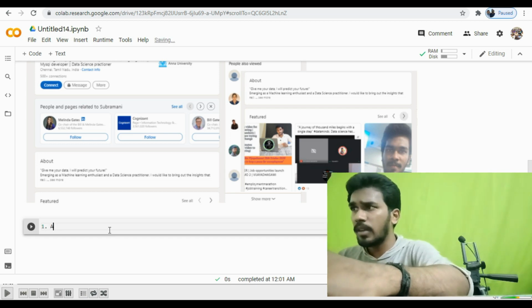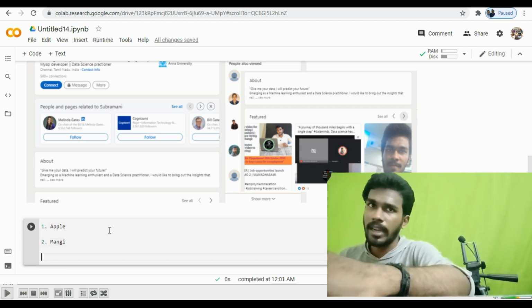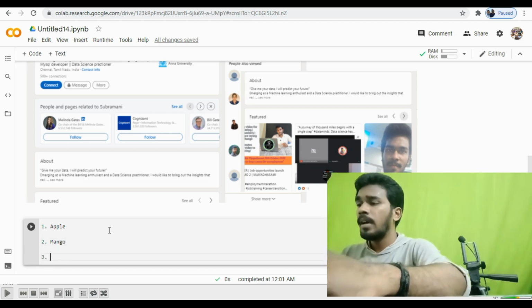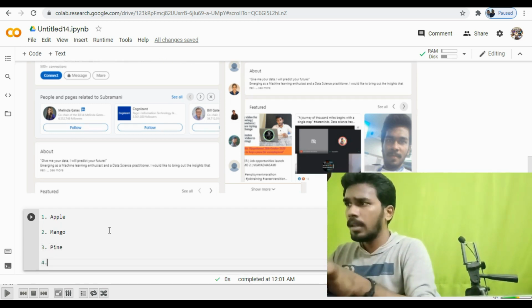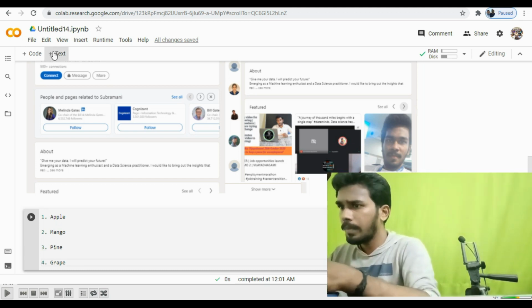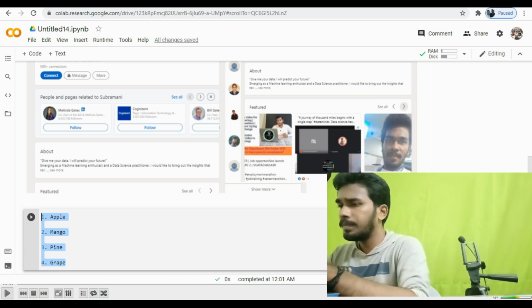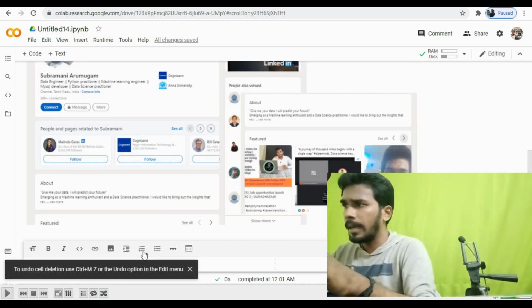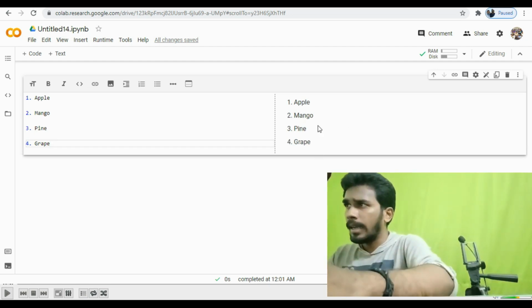After that you can click on this and again click on code, whatever code you want, you can write it. For example, if you have to create a list kind of activity, normally say point 1 is equal to apple, 2 is equal to mango, double enter, 3 is equal to pine, double enter, 4 is equal to grape, and again click on a text.